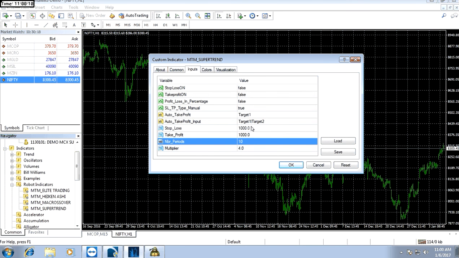So it doesn't matter what the target and stop loss are, it will go arrow to arrow. Whenever the buy comes it will buy, whenever the sell comes it will sell. Whatever the first signal is, it will trade a single lot, and thereafter it will trade a double lot. That means it will square off your one position and take a new position as well. So then we can click on OK.